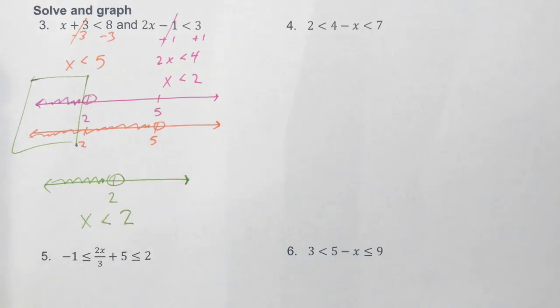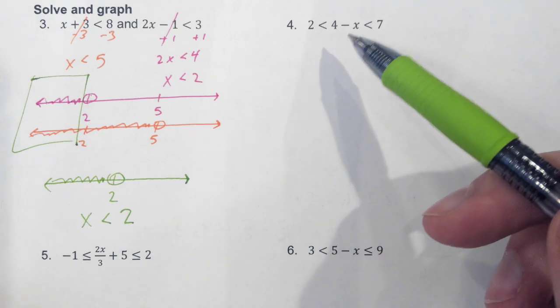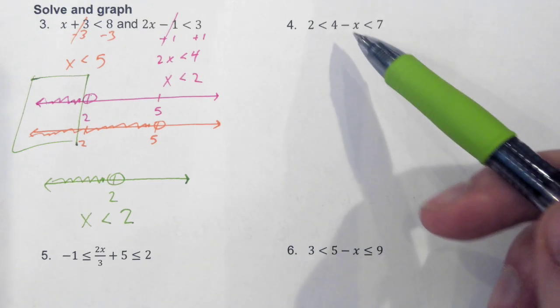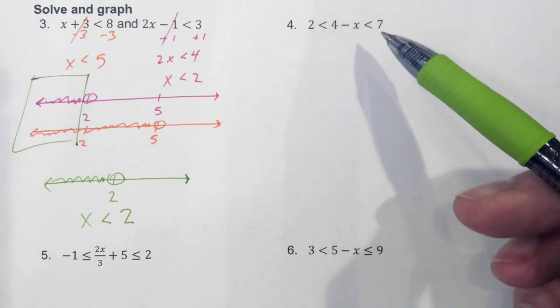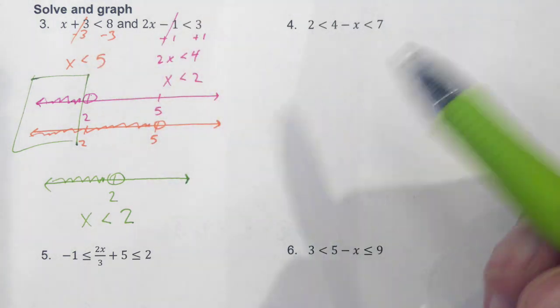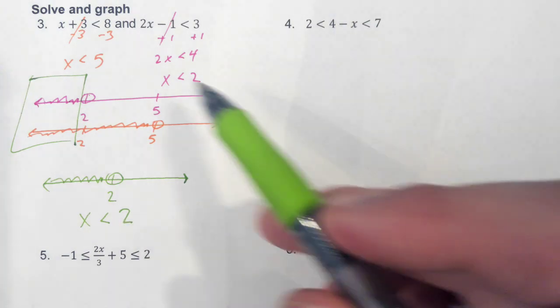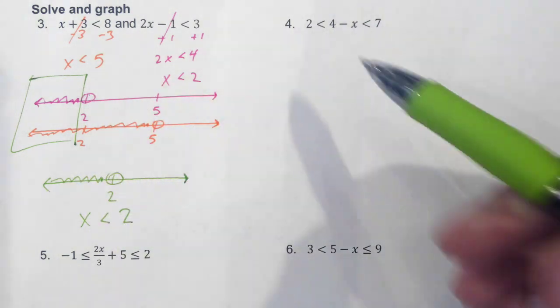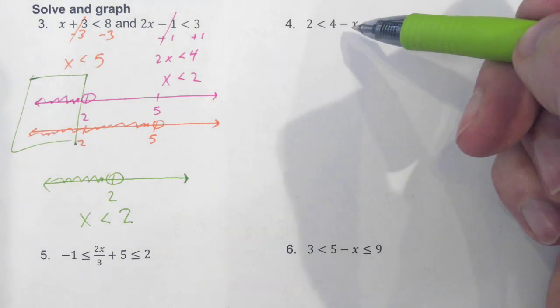The rest of them are what's called compound inequalities. They're two graphs or two things. They're just already kind of stuck together. So these ones are actually easier to graph. 4, 5, and 6 are easier to graph than 3 because there's no thinking involved. I know what the picture of these will always look like. So how you do this is